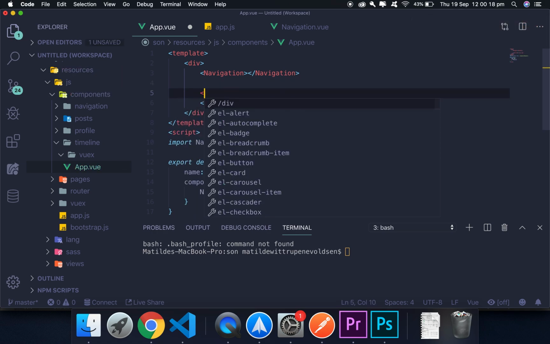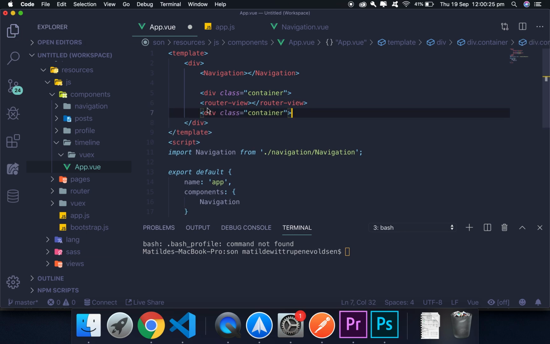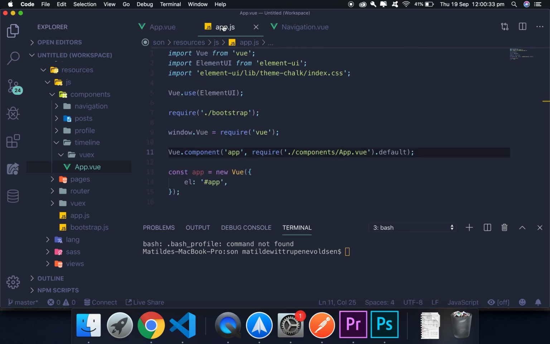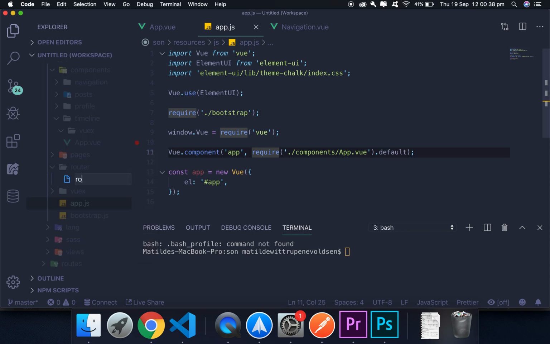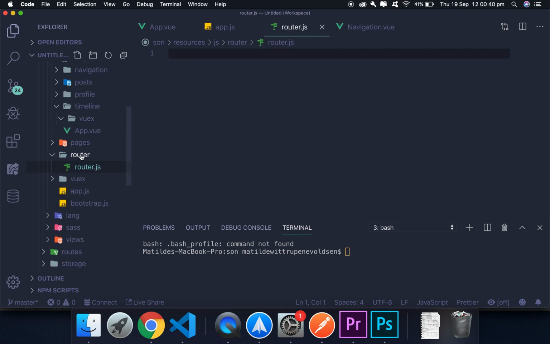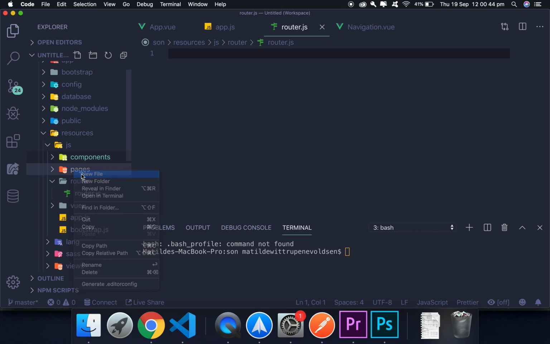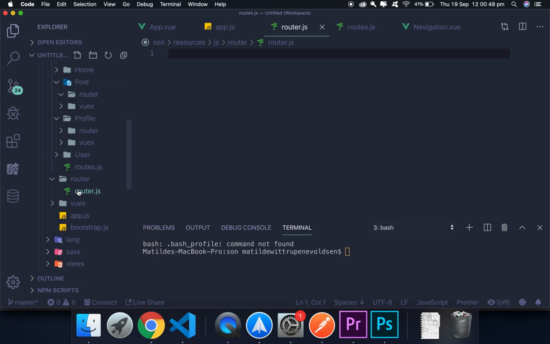we're gonna wrap this inside a container for now at least. So by doing this we have the router view here. We are gonna focus more on the UI later, but right now this is just to add in the basics. Now what we want to do is go in here and create the router.js, and inside our pages folder we also want to have a main browse.js, which will import all of the routes